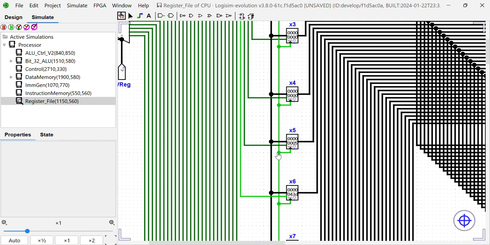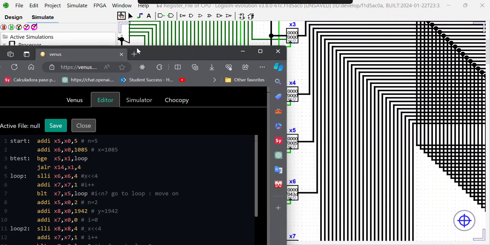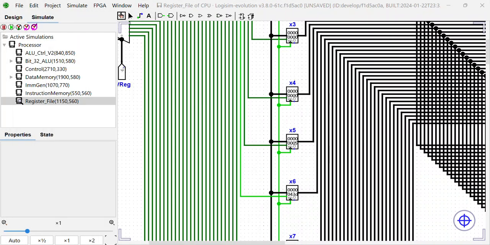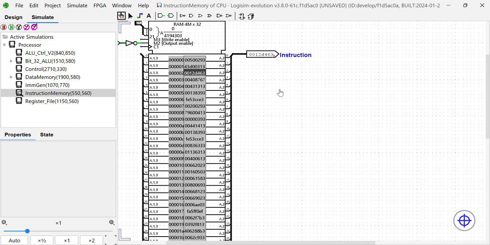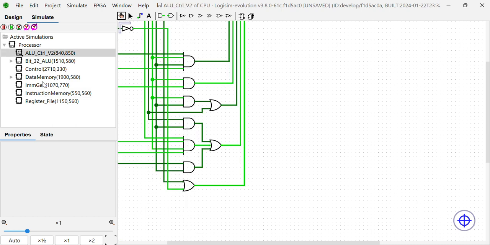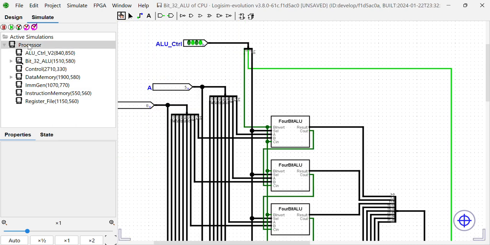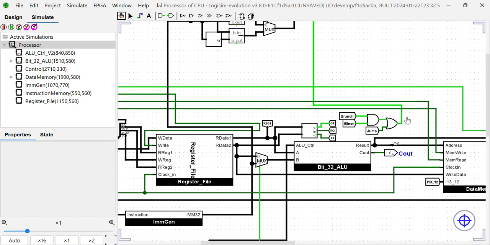Okay, now next one. So the next would be, sorry, let me just go ahead and pull up my instructions again. Okay, so the next part is checking if x5 is greater than x1, which should be true. Okay, now let's go to my instruction memory. Let's load that instruction. So if you go to the processor, you're going to see that the branch is on, so